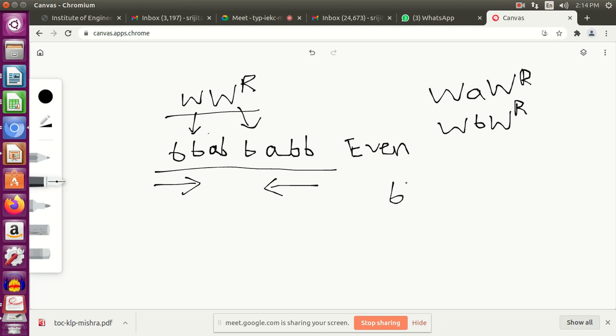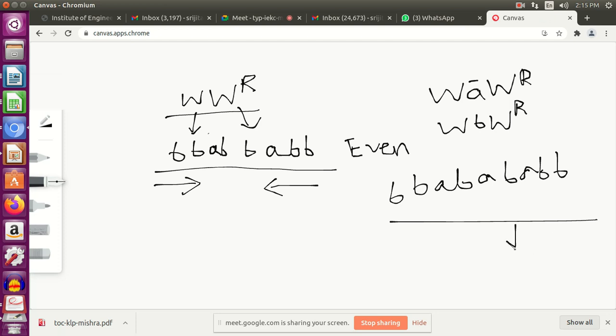Let's take b b a b, and then in the middle you have a, and then the reverse of this, that is b a b b. Now again read this from forward direction, b b a b a b a b b, again in the reverse direction, b b a b a b a b b. So this is again a palindrome, but this is an odd length palindrome.